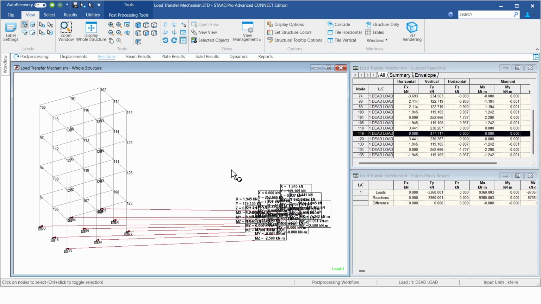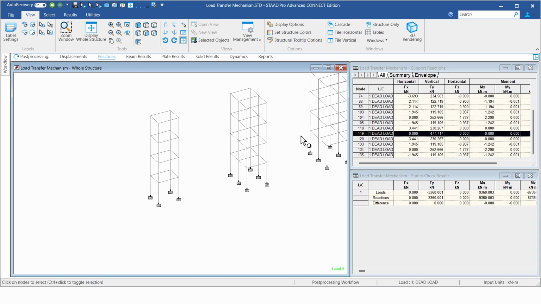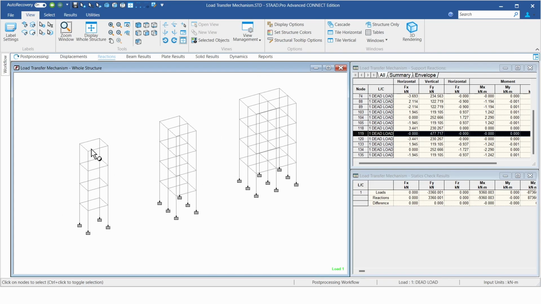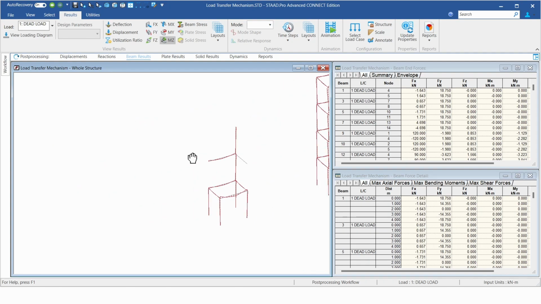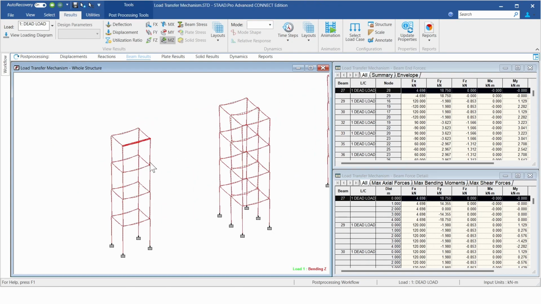Now let's go on to a bit more specific results. For that, I'll quickly go back to the whole structure. So now let's look at the beams only. So what I'll do is go to the beam results. And if I were to just select any of the beams, we are getting different values. Now in beams, we are particularly interested in these Fy values and the Mz values, or rather, if I were to just increase the